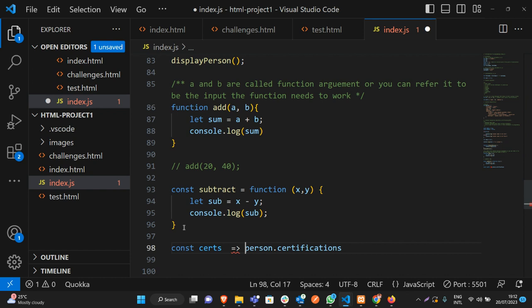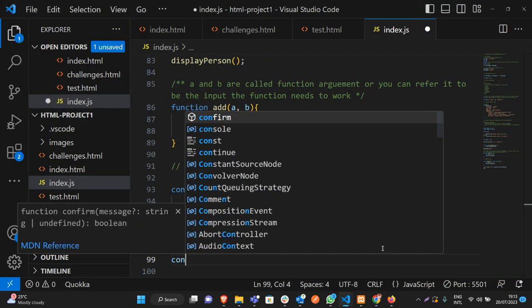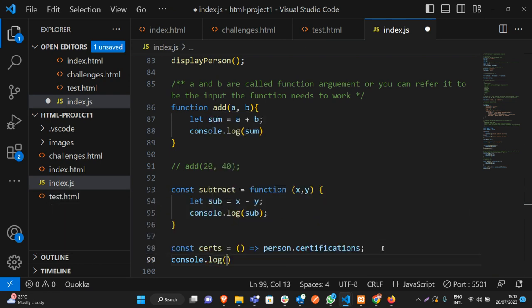Sorry guys, let me go with the first one. Yeah, so we have something like this. This one is not that complicated. We have something like this, and then when we call console log stats,